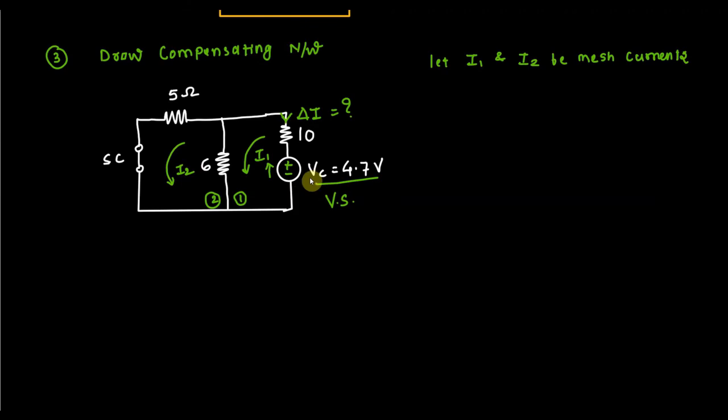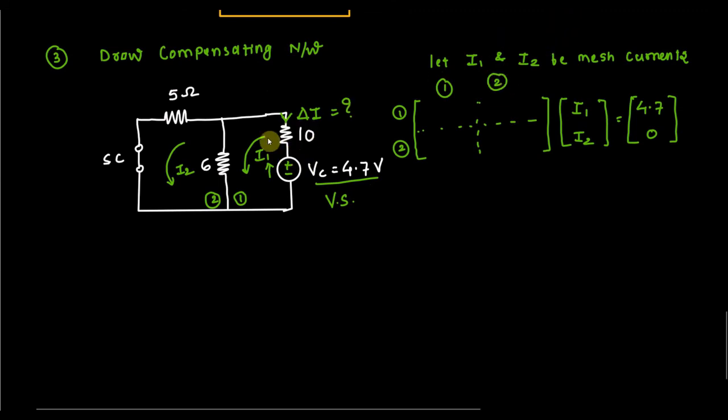Now, first you calculate I1 and I2, and you can see that in the network there is a relation between delta I and I1. So first you write the matrices. Size of matrices is 2 by 2 because there are only two meshes. So it is similar to step 1. So it is I1, I2. Fine. Voltage in the first mesh is how much? 4.7 positive. And there is no voltage source in the second, so it will be 0. So this is your mesh 1 and this is mesh 2.